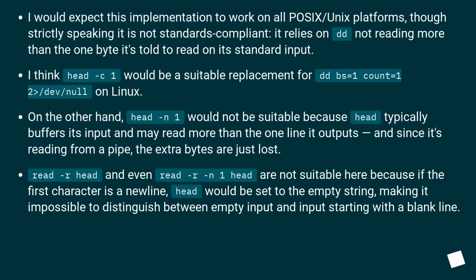I would expect this implementation to work on all POSIX/Unix platforms, though strictly speaking it is not standards compliant. It relies on dd not reading more than the 1 byte it's told to read on its standard input. I think head -c1 would be a suitable replacement for dd bs=1 count=1 2>/dev/null on Linux. On the other hand, head -n1 would not be suitable because head typically buffers its input and